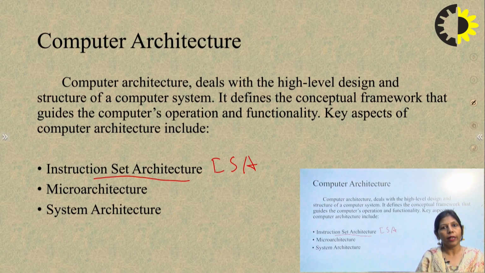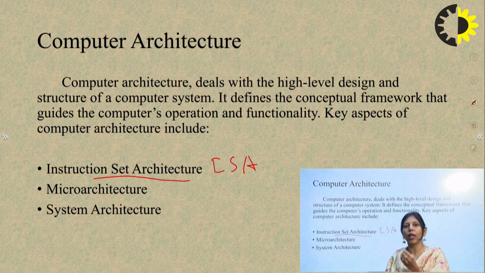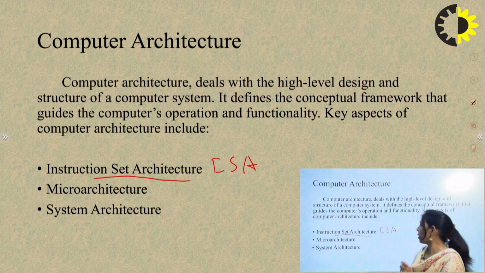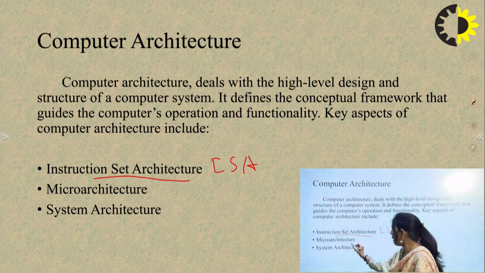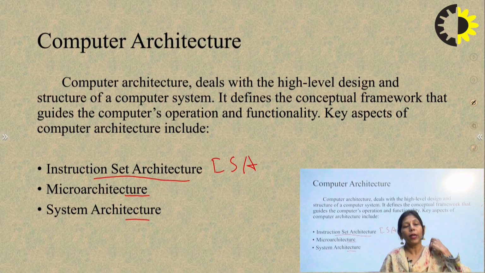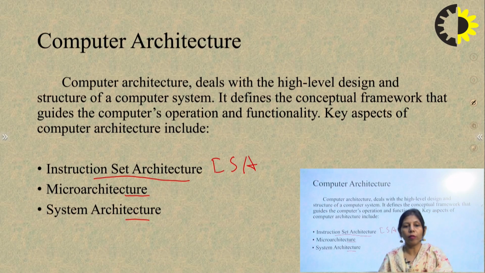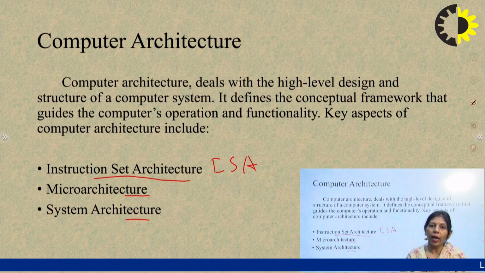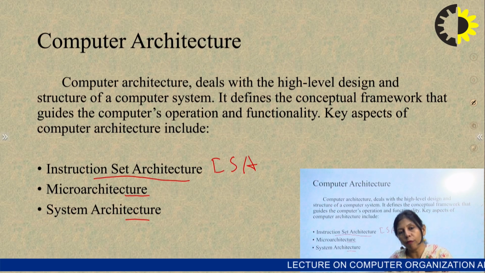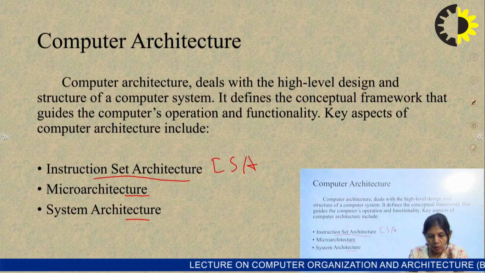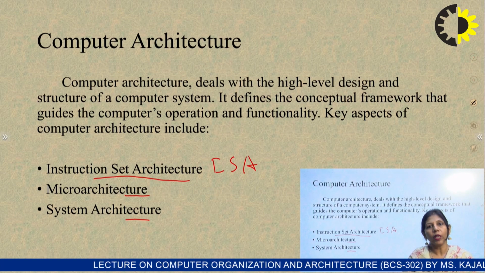If it is Intel, it will have a certain type of instruction set architecture. If it is AMD, then it will have another type of instruction set architecture. Moreover, the micro architecture will be different and the system architecture will be different. Based on what to do, the functional requirements and the designing aspects change from processor to processor. The ideology behind that is what type of instruction format we require for answering our question. That is the main aim of the computer architecture.